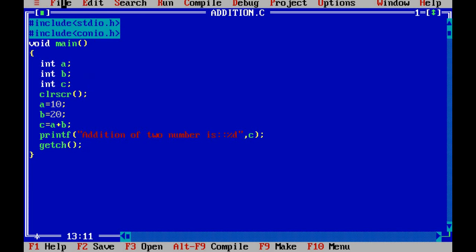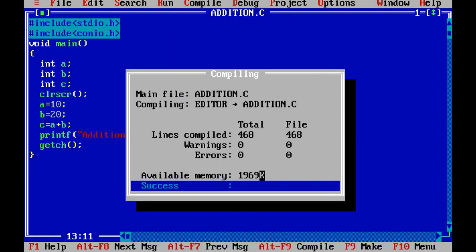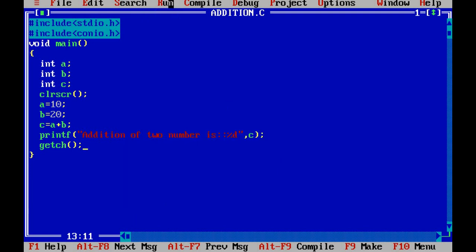Now see, just go to File, click on Save, compile, enter and run. Click on the run option. What happened?